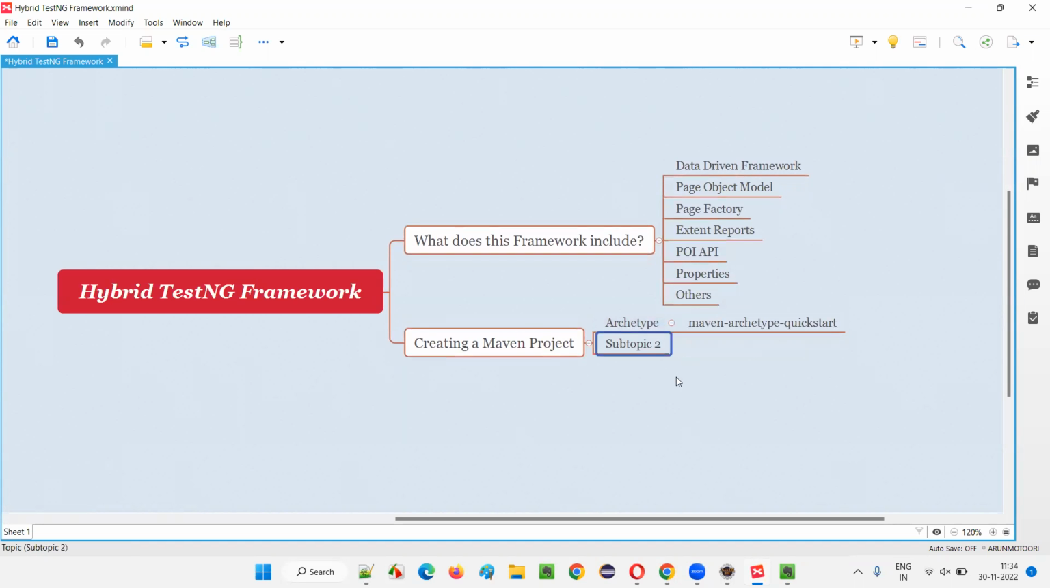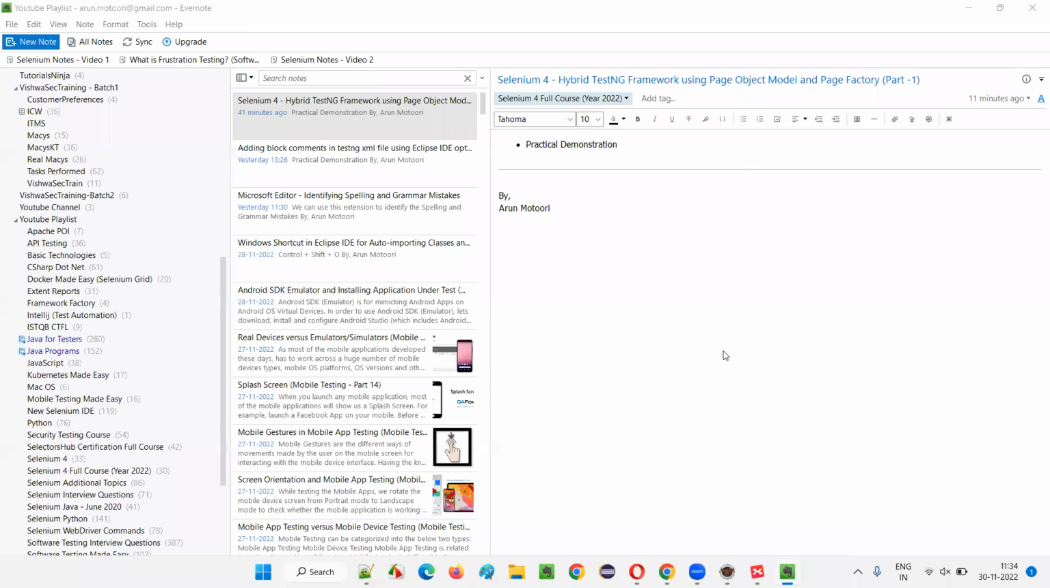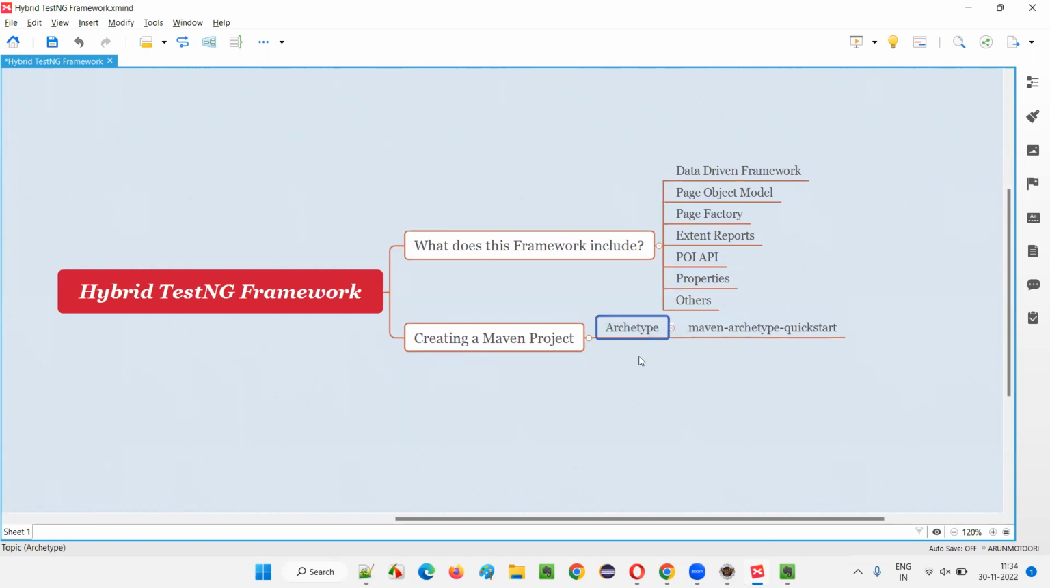Then after creating the project, what have we done? I will not document each and everything, so only important stuff I'll document here. The remaining you have to understand. Now what I'm trying to do here is